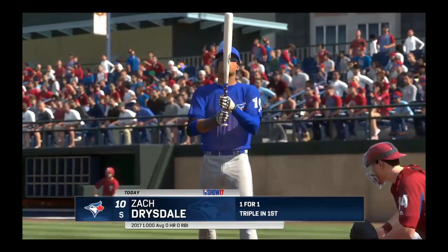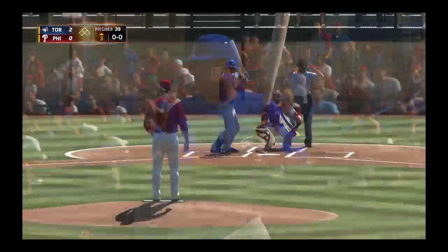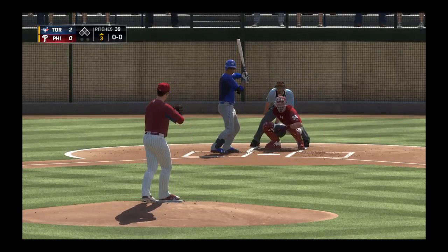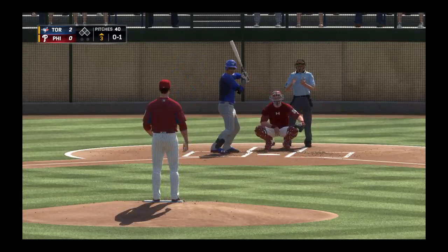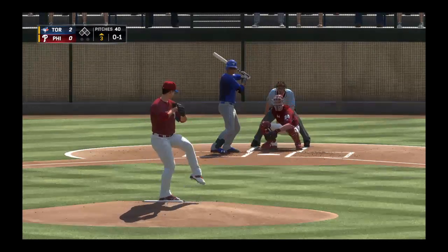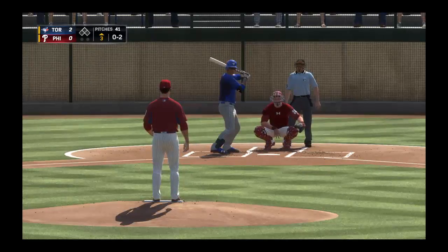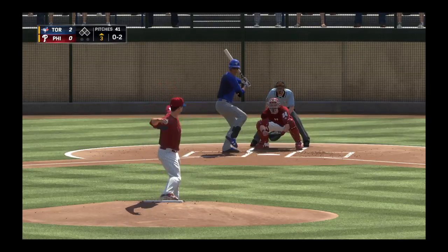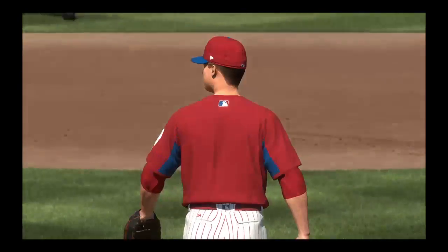Digging in for his second at-bat, Zach Drysdale. He'll stand in to open things up here in the third. Fastball that gets the inside corner, strike 1. Into the windup, here comes the 0-1. And he pumps the fastball by him at 94. It's 0-2. Into the windup, here comes the 0-2 pitch. Swing and a miss as he starts the third the same way he ended the second with a punch out,